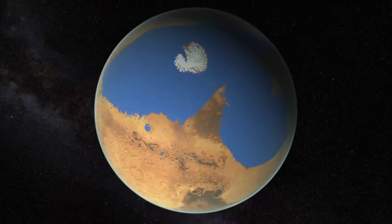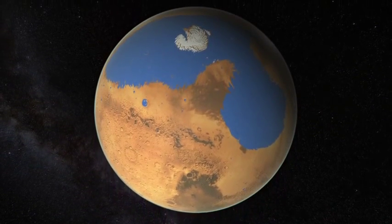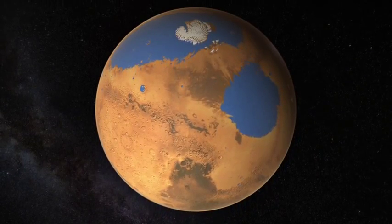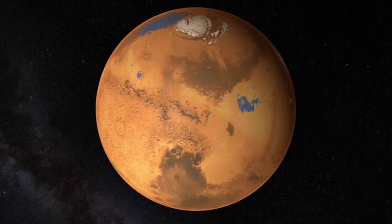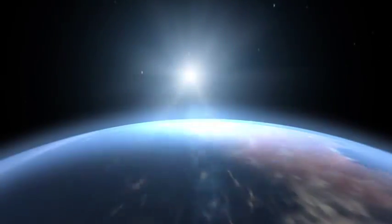As Mars lost its atmosphere over billions of years, it lost the pressure and heat needed to keep water liquid, causing the ocean to shrink and recede northward. The remaining water eventually condensed and froze over the north and south poles, giving Mars the ice caps that we see today. This new scenario means that Mars would have stayed wet for longer than previously thought, expanding its ancient